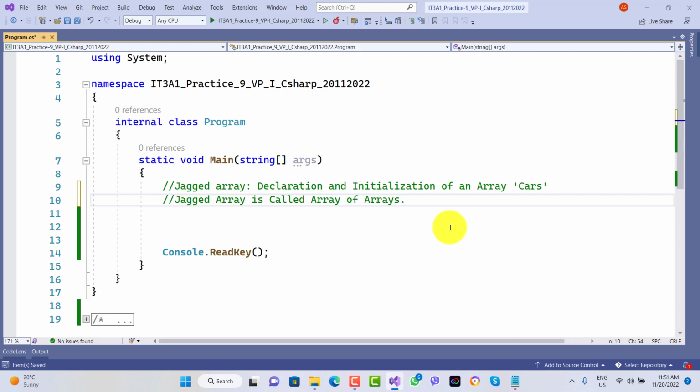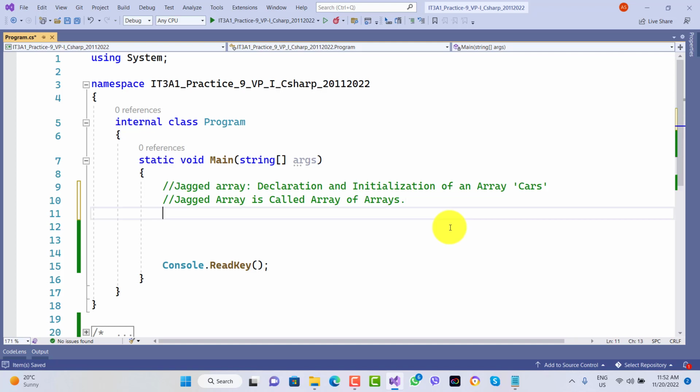So each element of the jagged array is also an array. So how can you do this? Here, like I am taking,